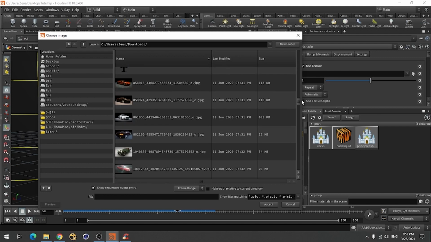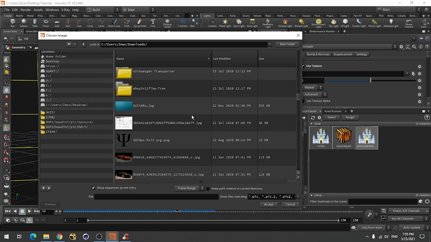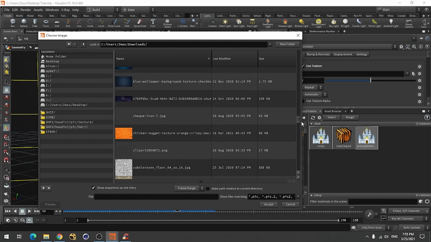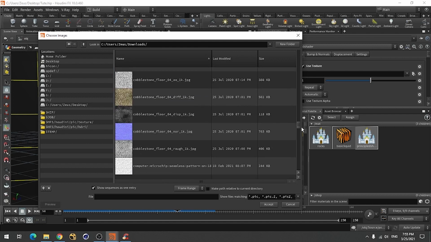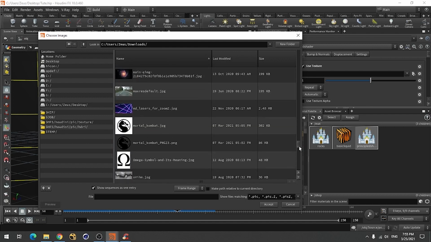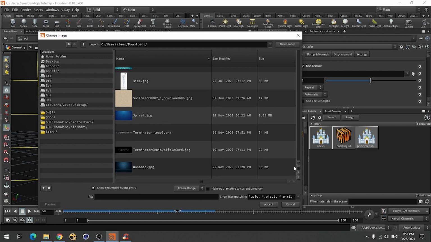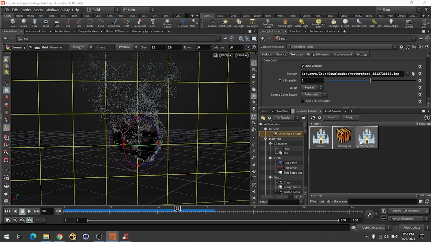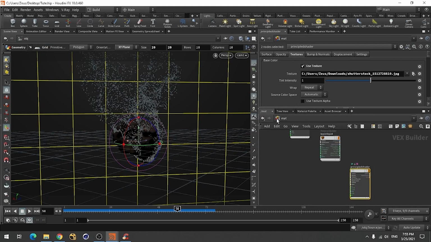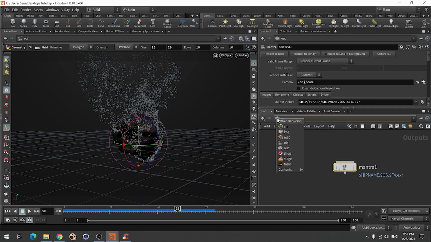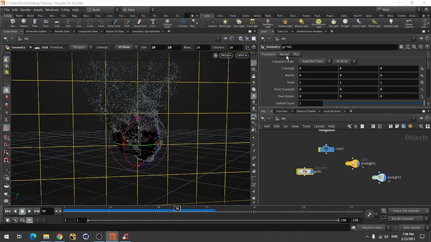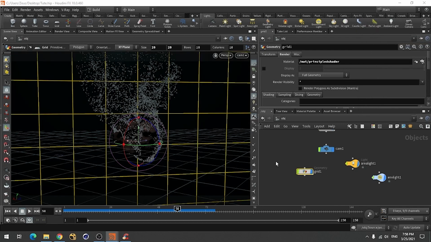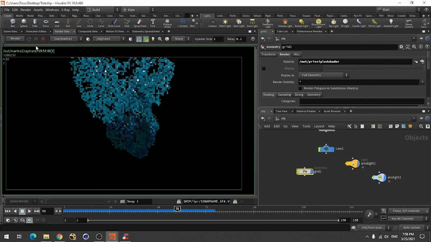Let me check for that. I think I have used this one, and apply this to that grid. Okay, so now we can see